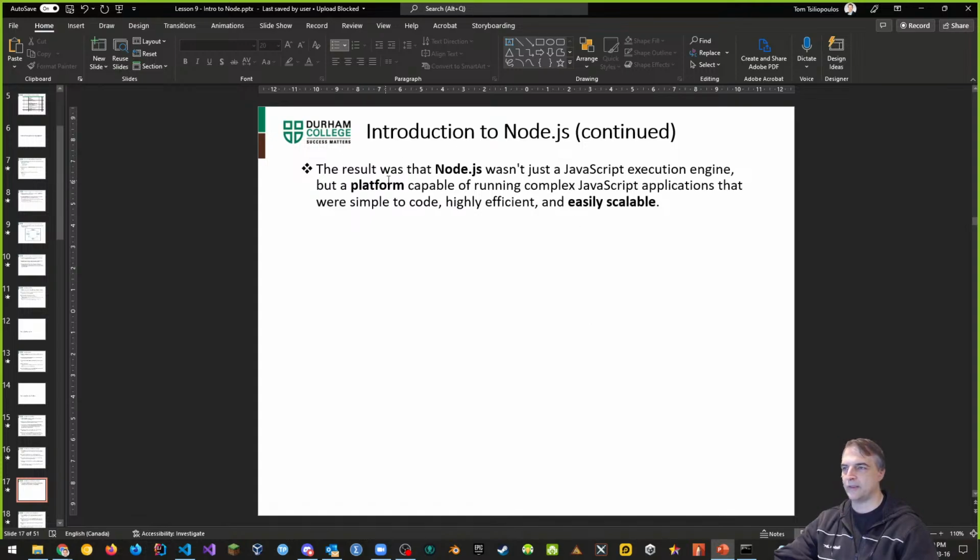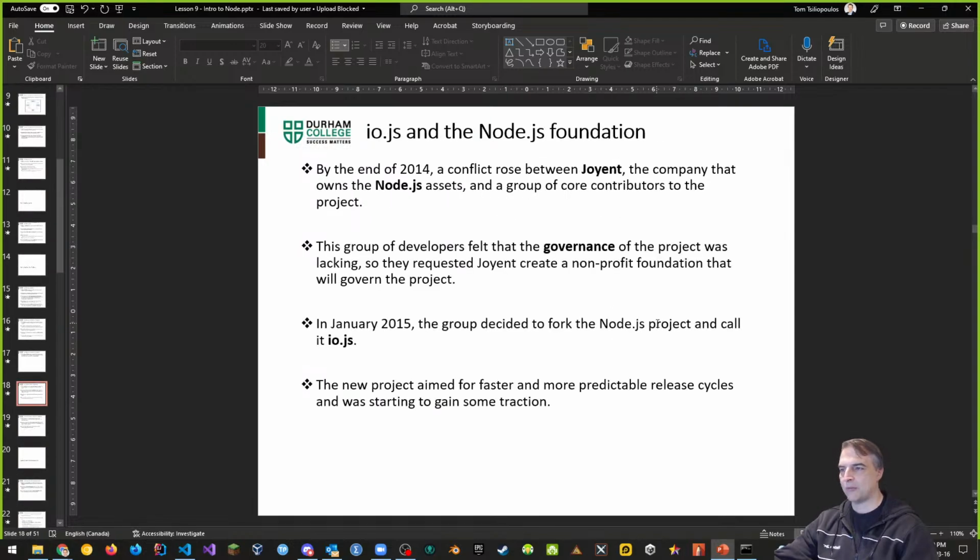And of course, one thing that it made with Node.js was it made it completely modular and scalable, which is pretty awesome. But coming around the development team that was working with Node.js, a bit of history. Around the end of 2014, there was a conflict of philosophy, I would say, between the people who owned Node at the time and the contributors to the project, and there was just a conflict of philosophies. They split off and they created their own